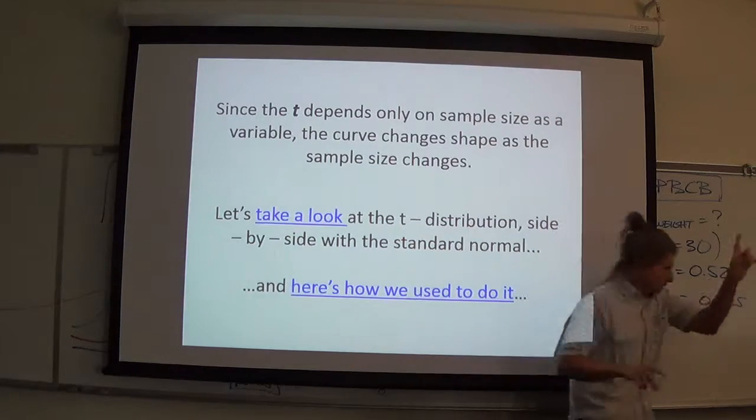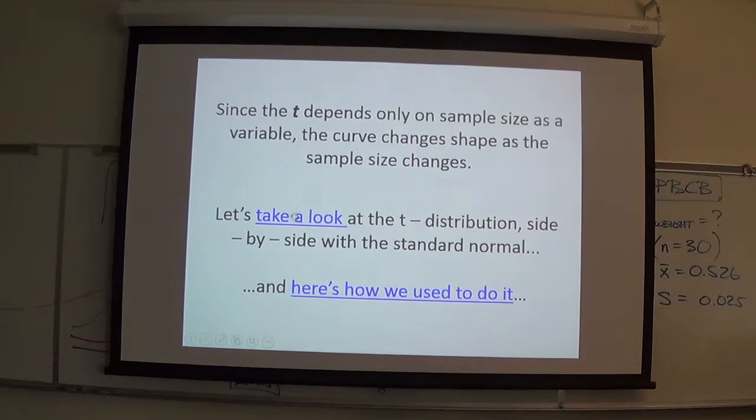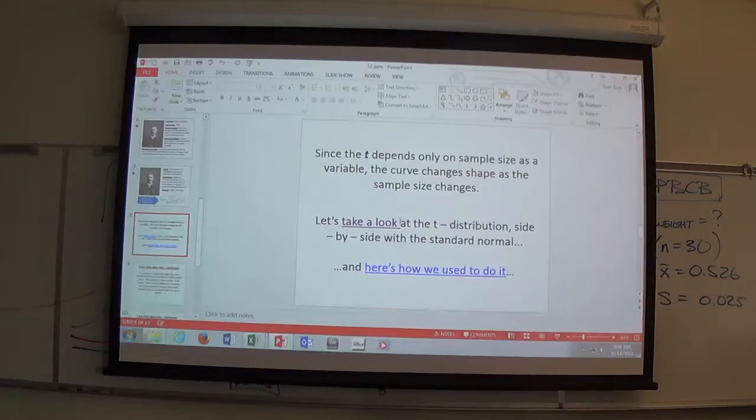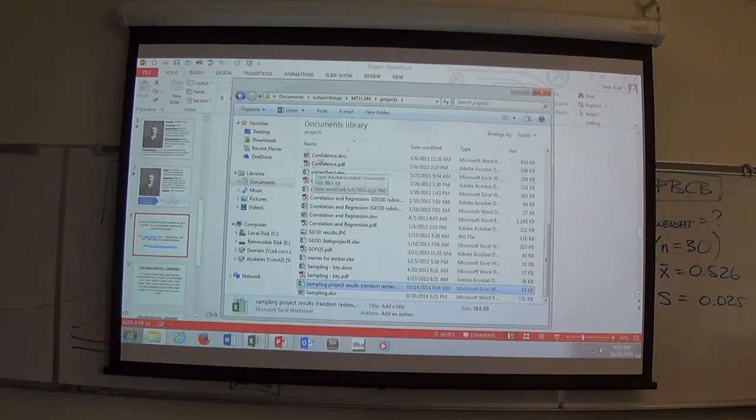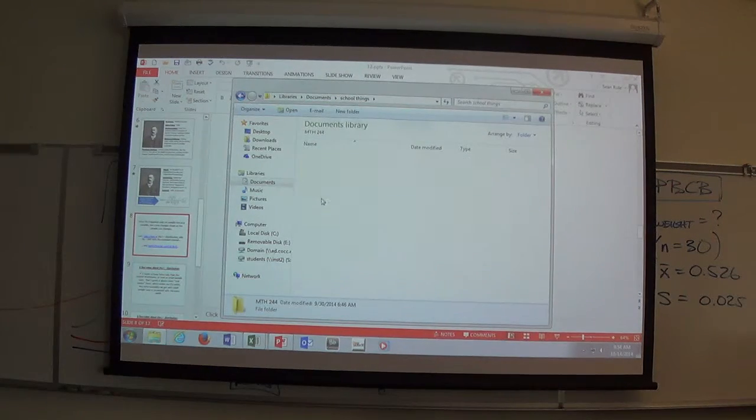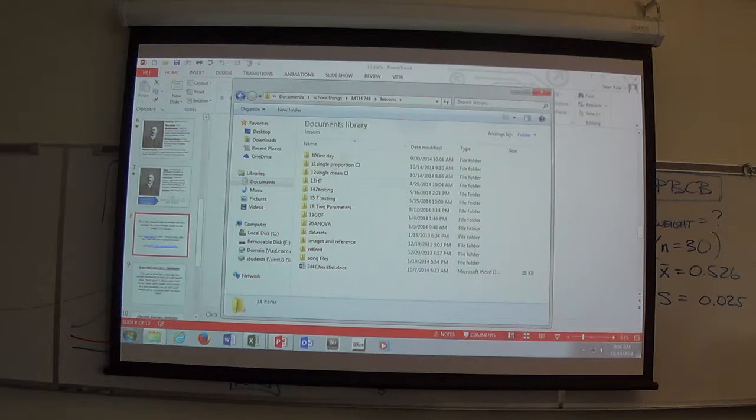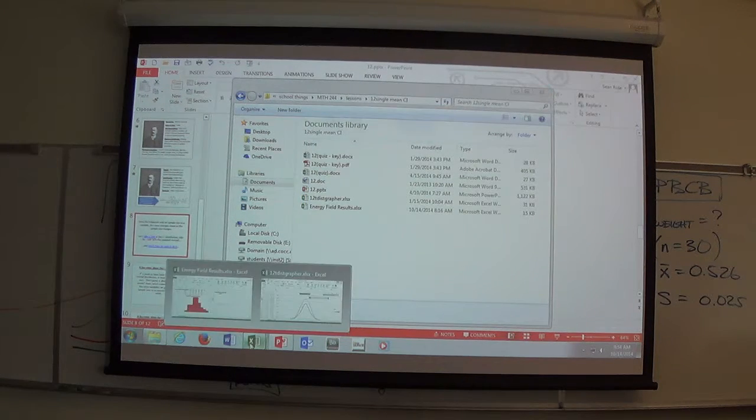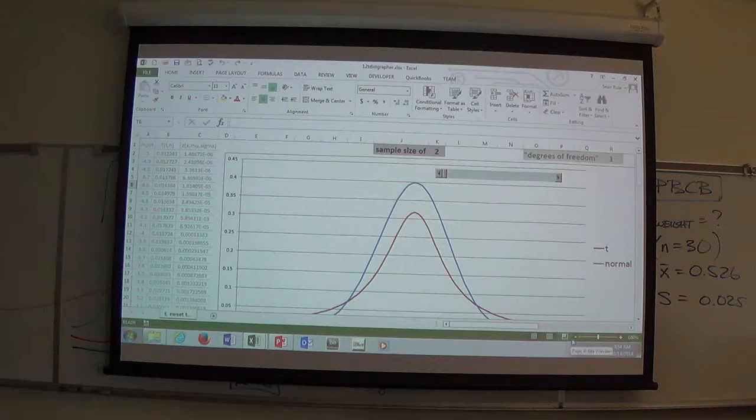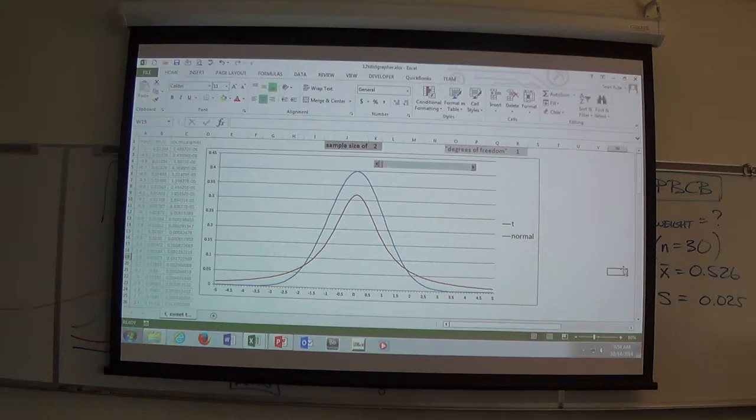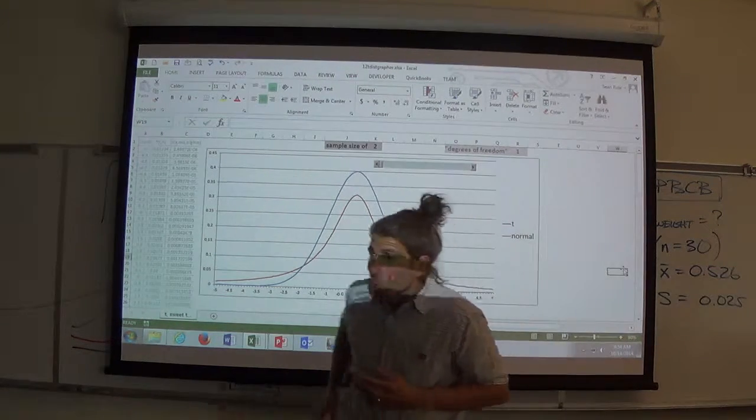Let me see if I can show you what I'm talking about. I'm going to get it old school. Oh, it's already open down here. Here it is. All right. So what I've done here is I've built your normal curve, your bell curve, your standard